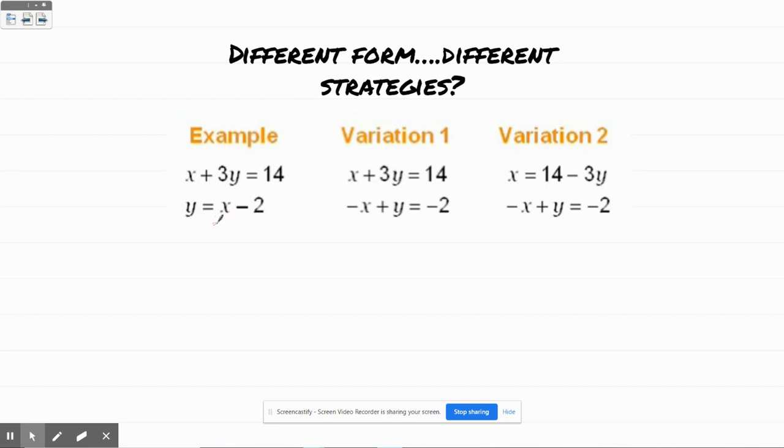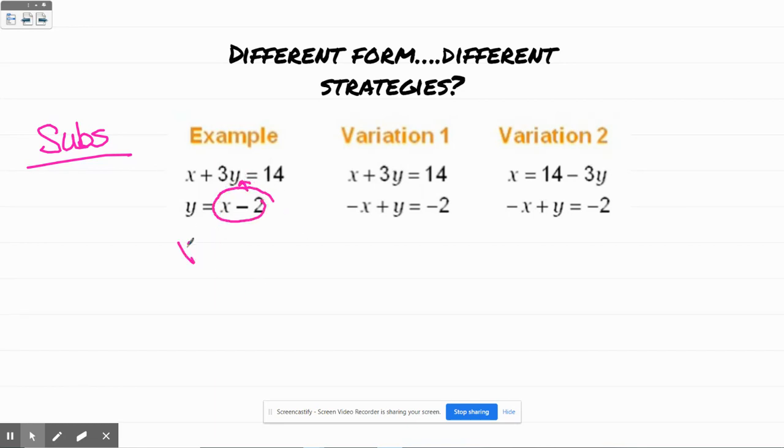Down here, I have y equals x minus 2. What did they do here? They subtracted x and put it over on the other side, and then they left it the same. If my problem looked like this, it screams, hey, Miss Bruno, why don't you use substitution? And I would. Y is already by itself, so I could plug x minus 2 into this other equation where